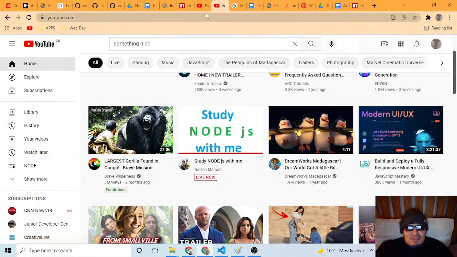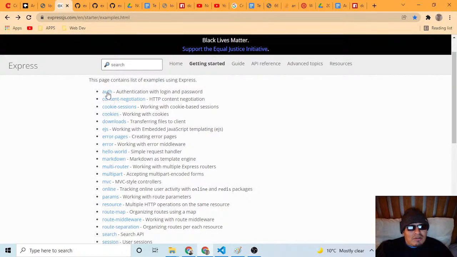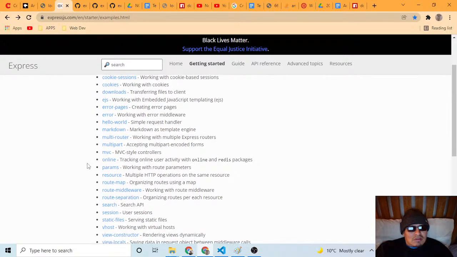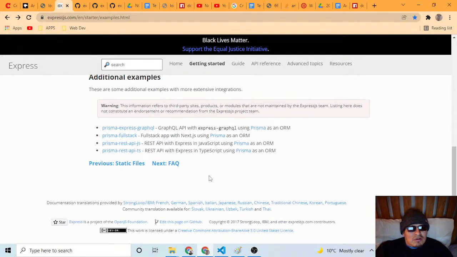Anyways, I'll continue with what we're trying to do. Okay, authentication with login and password. Content negotiation, session cookies, download, EJS, error pages, Hello world, Markdown, multi-router, multi-part, online. I don't know which ones I should go for.